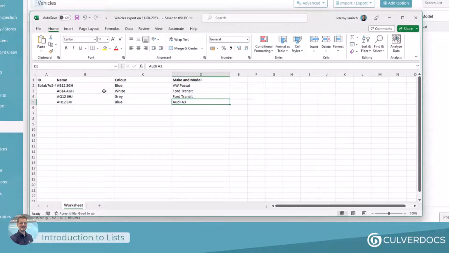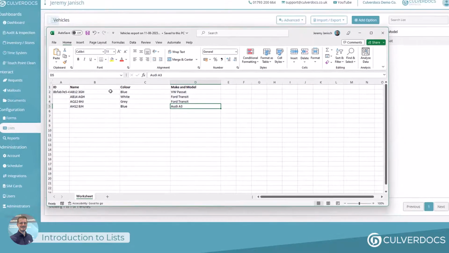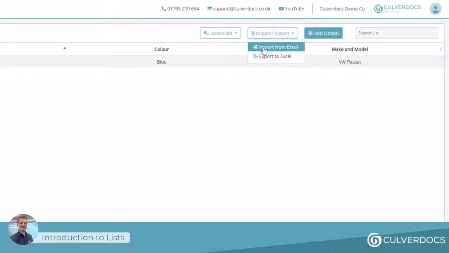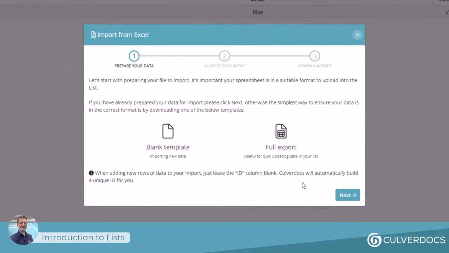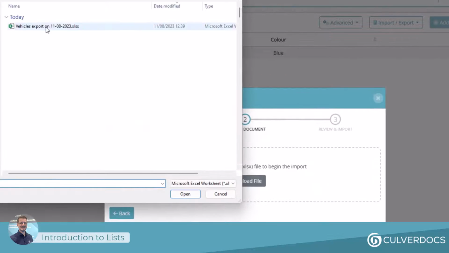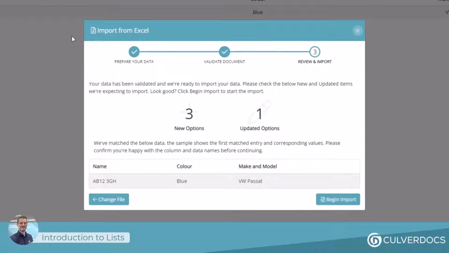After updating or adding new options in Excel, save the file and return to Culverdocs to import the template. By clicking Import, Export, and then Import from Excel, the wizard will guide you through importing that file. You have an option to download templates if you need to, but in our case, we've already downloaded the file to Excel. So click Next, select the file,